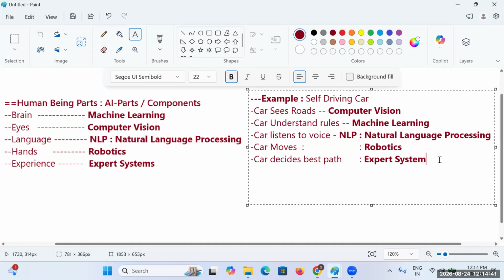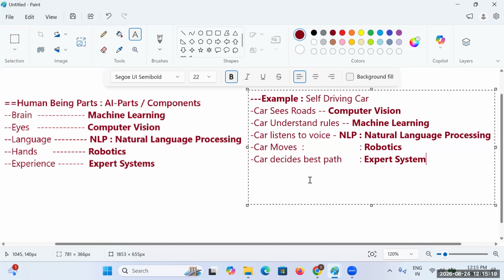So if you look into the self-driving car, this is how you go with these steps. The car sees the road; for that it has computer vision.